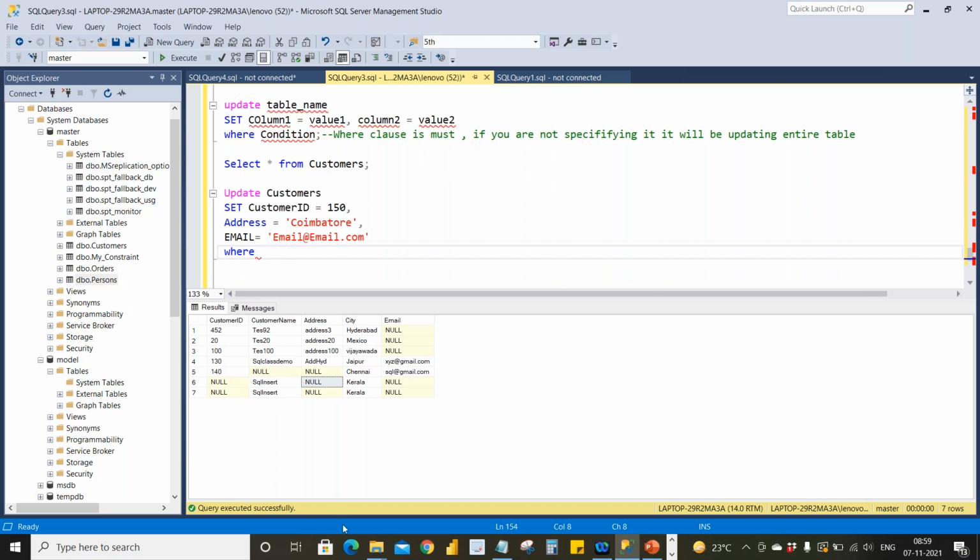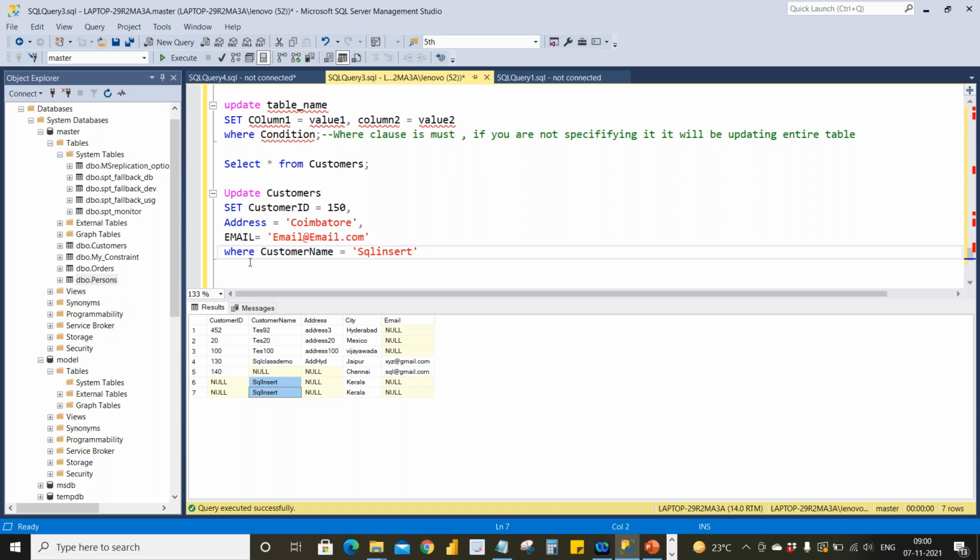So I'll give the where clause. Here you can see the twist. What is the twist? The 6th and 7th rows are duplicates. So if I give where customer name equals to SQL insert, then it will update two rows, because where customer name SQL insert is satisfied by both the 6th and 7th rows.